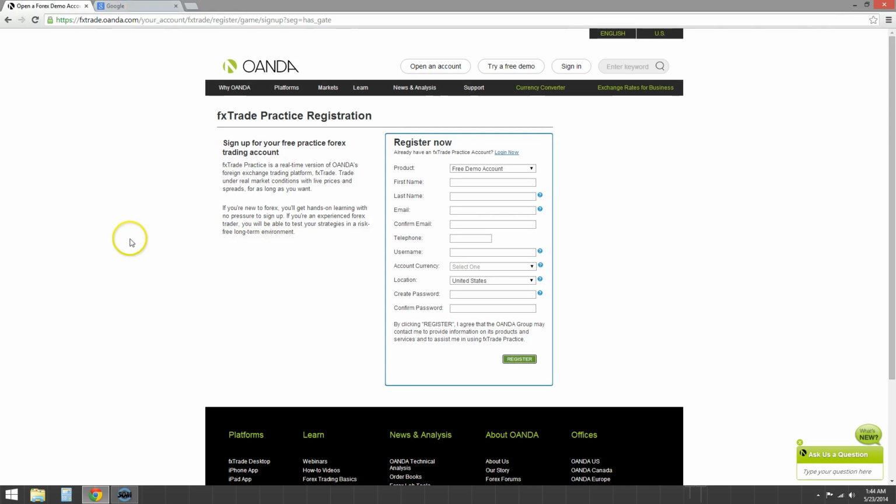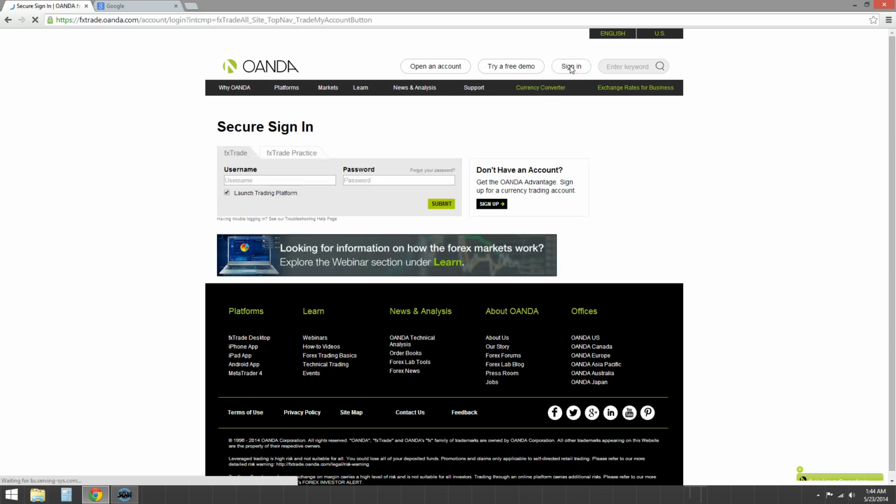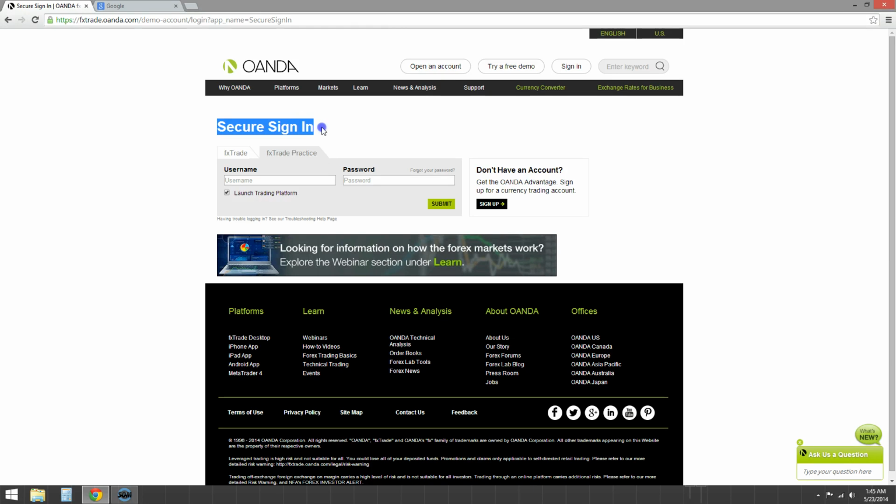When you click on that link in your email, it'll bring you back to a screen that looks kind of like this. Instead of secure sign in, it'll say confirm your email. You want to make sure that you do that step because you have to actually sign in to confirm your email. You follow the link, then sign in, and it says confirm or validate your email. So once you do that, you'll be able to